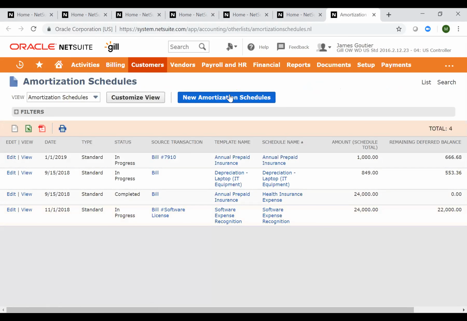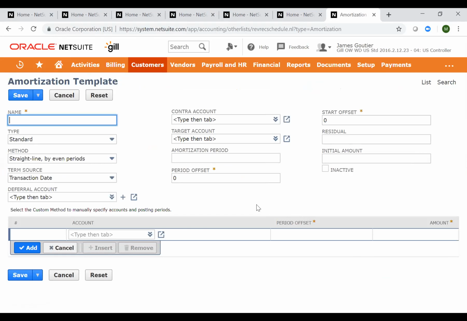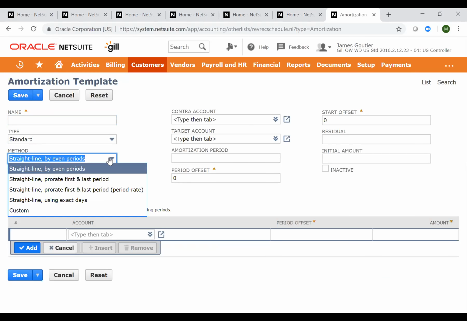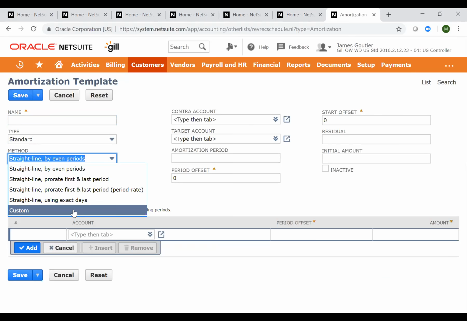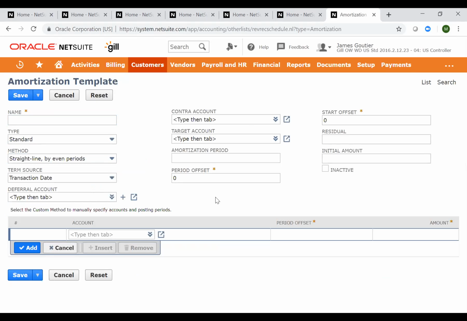There, you can click new amortization if you want to add another item to amortize. You can set the period offset. You can also set the start offset. And what type of amortization, is it variable or standard? Or what method you'd like to use? Is it custom, or do you want straight line but using the exact number of days? So that's it. You just add the item here